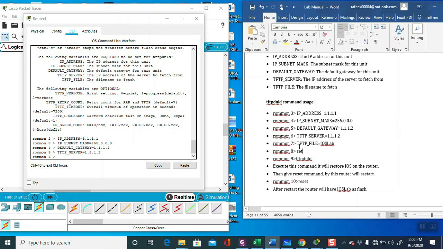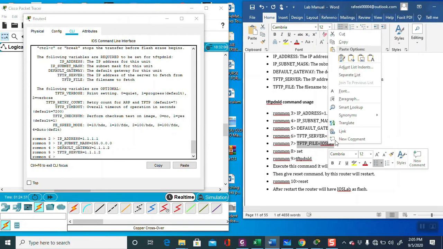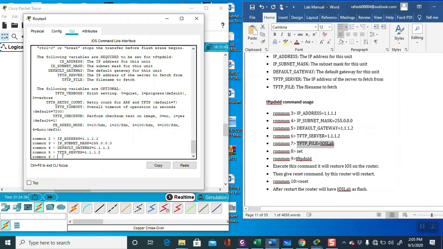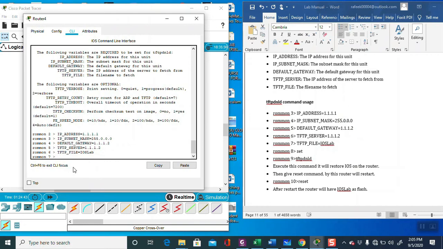This is the iOS lab. Now we have to set all these parameters.